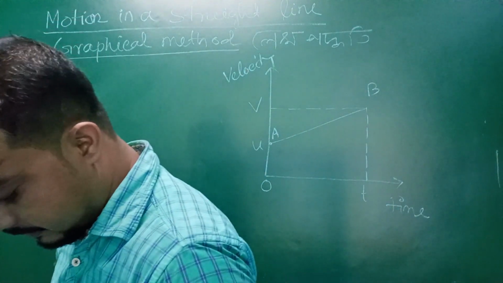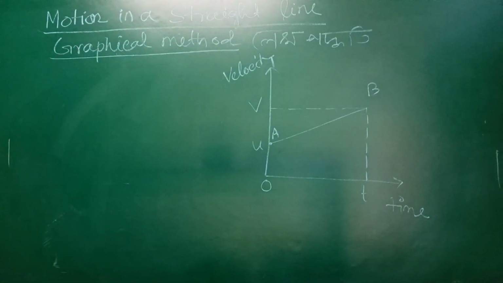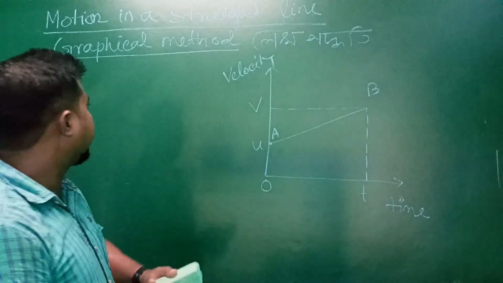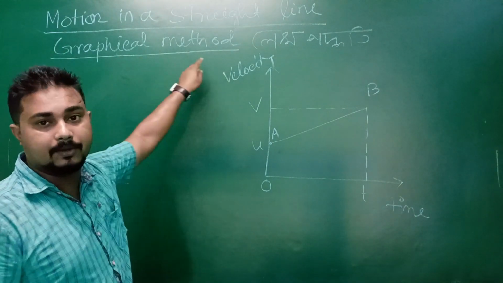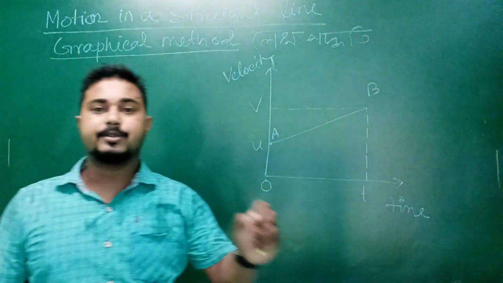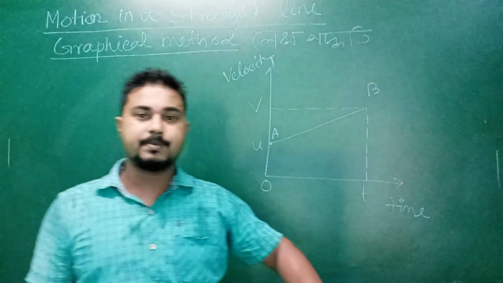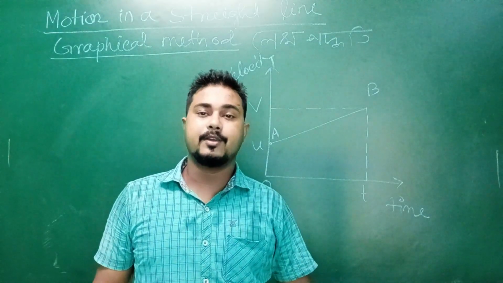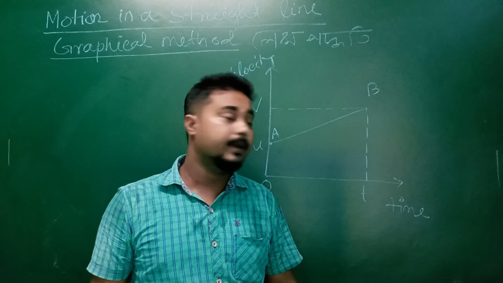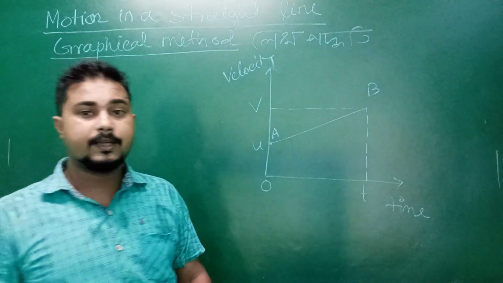Okay, so now see then. Today's method, the method, it is graphical method. By that method we will try to find out the expression for the equation of motion, or the equation of linear motion. Okay, then now see, here I have